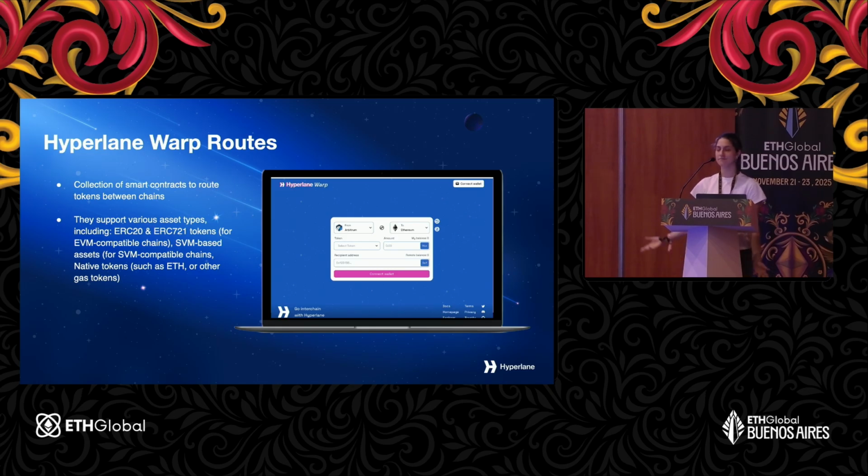We recently, not that recent, like 3 months or so ago, launched Hyperlane warp routes 2.0, which also do native rebalancing. So let's say you make a Hyperlane warp route between Base and Arbitrum, but now you want to add one more chain. So you're like, I want Base, I want Arbitrum, and then I want Optimism, OP mainnet. And you have collateral on all these chains and you want to natively balance it. That's exactly where Hyperlane warp routes 2.0 come in, they have a rebalancer agent which rebalances the collateral